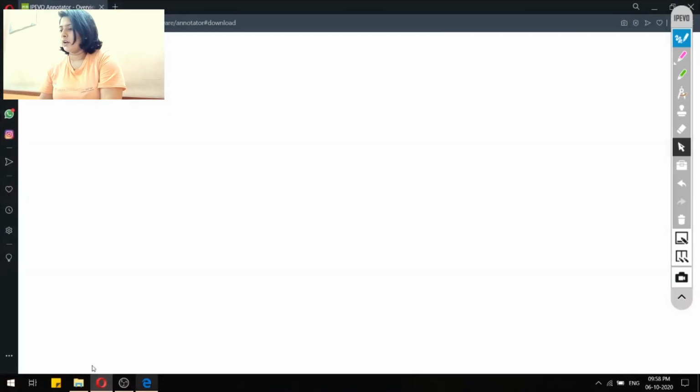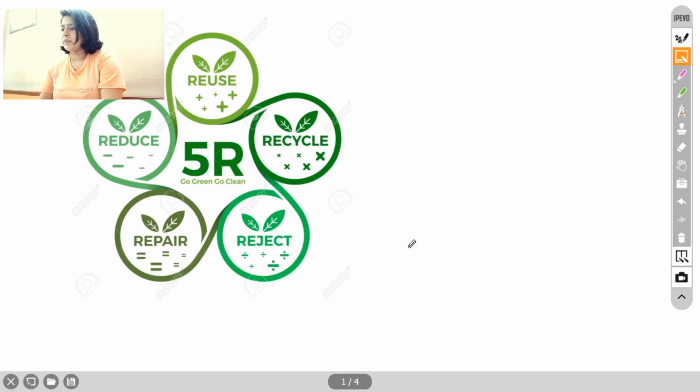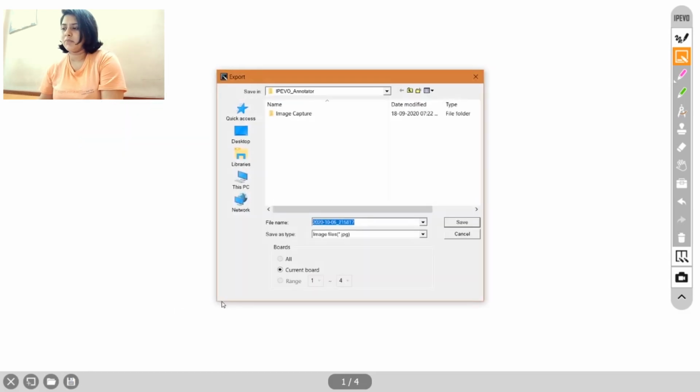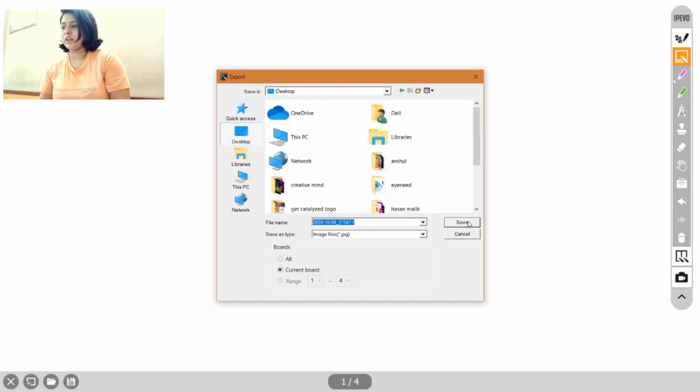Let's get back to our whiteboard. So we have this whiteboard again, and furthermore you can save everything you did from this save button. You can export it as a JPEG file. You can export all your whiteboards as JPEG files to whatever location, like for desktop I would say, and then JPEG I'll just save it.